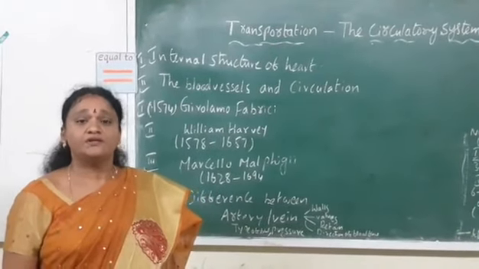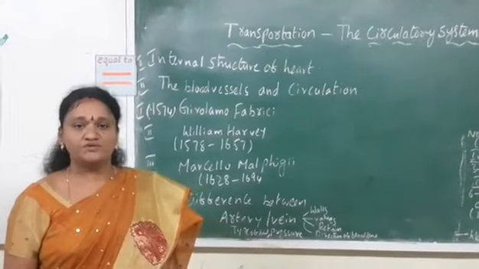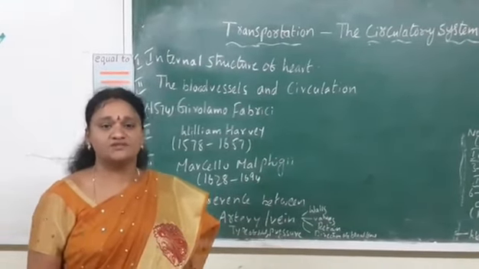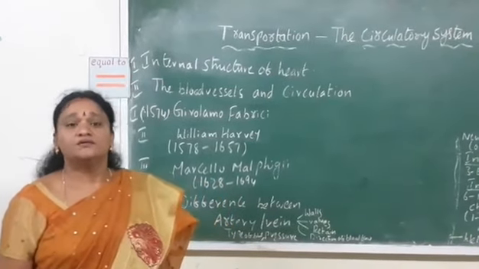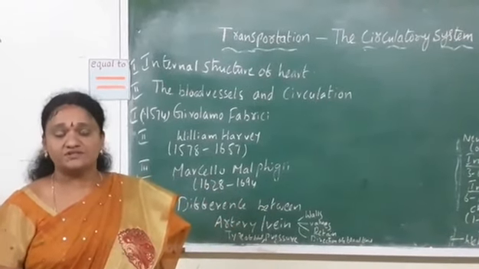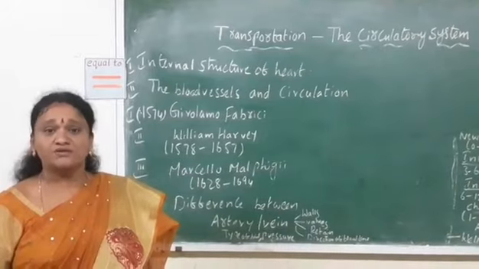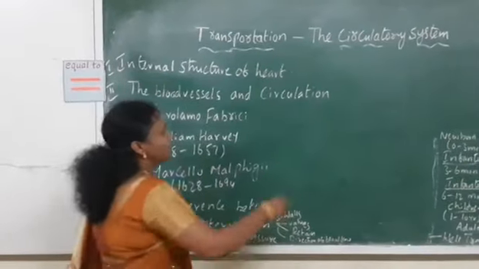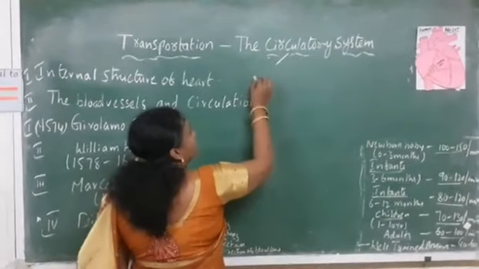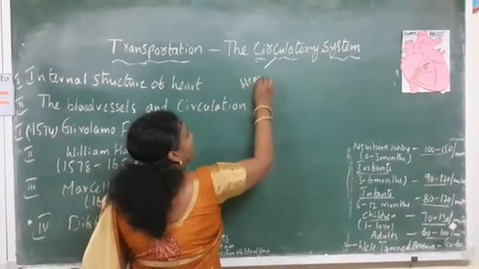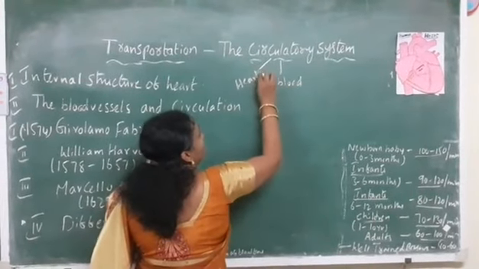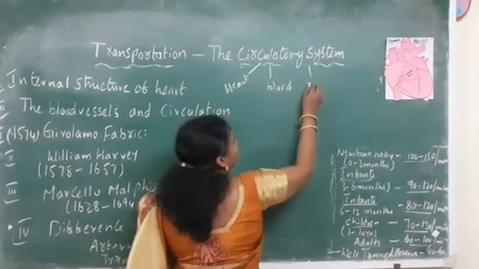In a multicellular organism, diffusion and osmosis are not sufficient, as the body is made up of trillions of cells. Here we have developed an efficient system, that is the circulatory system, to transfer food from one place to another. The main parts of the circulatory system are the heart, blood and blood vessels, which play a major role in transporting substances.